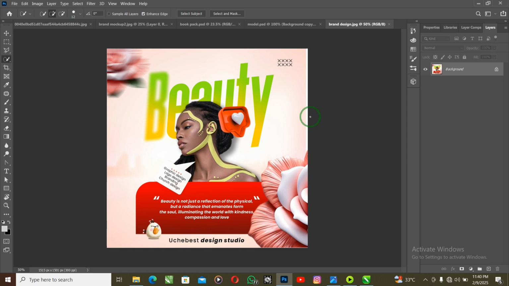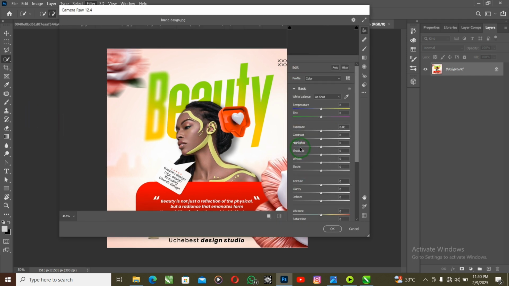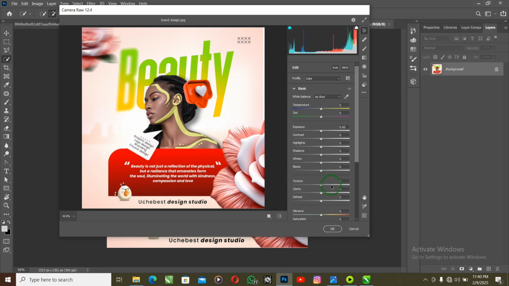Click on, so the camera has to load first. Let it load a little bit, and here it is. So these are the settings I use for this. First things first, have to increase my texture and clarity, so reduce the temperature small, reduce it, and I move this to pink. Reduce the